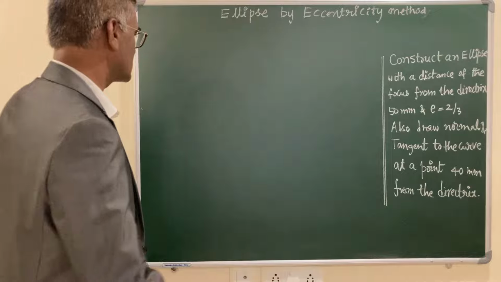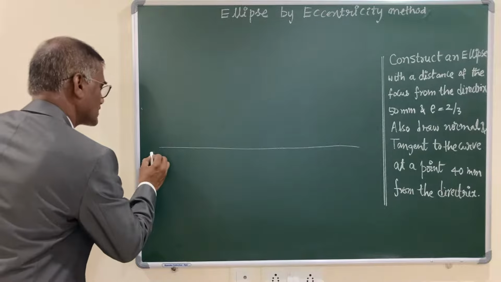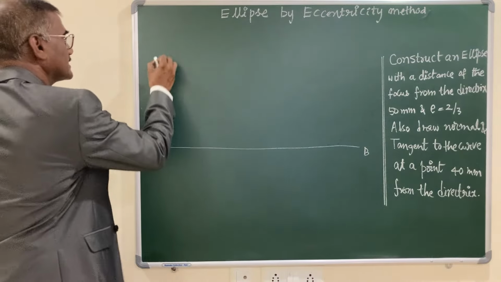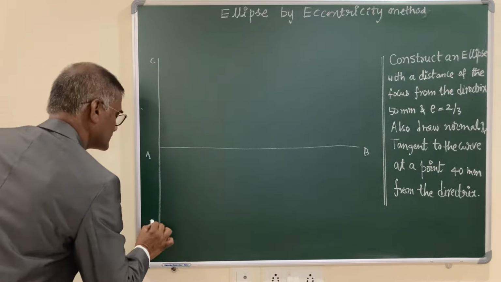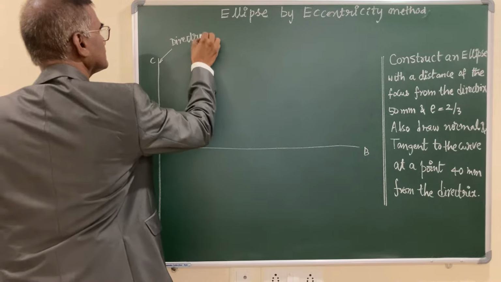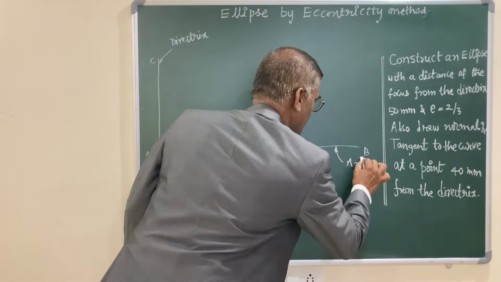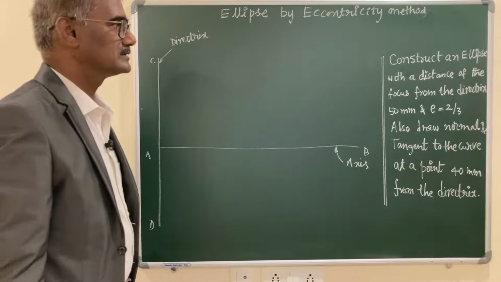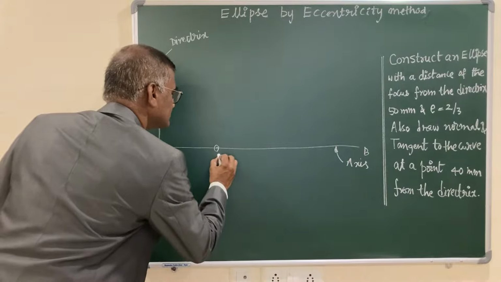Let us draw a horizontal line of some length. Let us call it AB, and passing through A, let us draw a vertical line. CD represents the directrix and AB represents the axis of the ellipse. And locate the focus, which you will represent with the symbol F, at a distance of